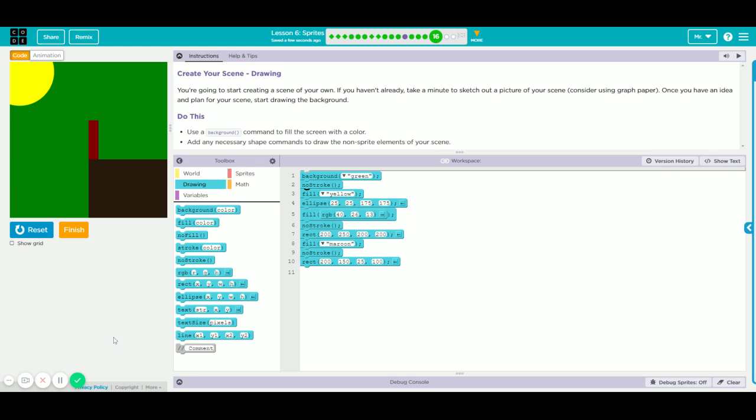So if I press reset and run, now that black line is gone. Now it just looks a little bit more clean, like it's an actual sun, because the sun doesn't have a black ring around it. So that created a no stroke for all of my other objects that are down here as well. I was telling my class last block that I'm going to create an object and I'm going to make it look like